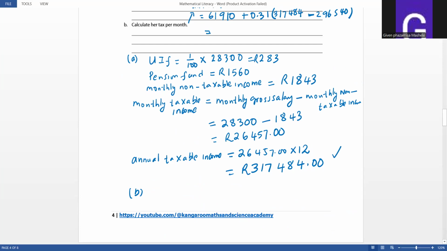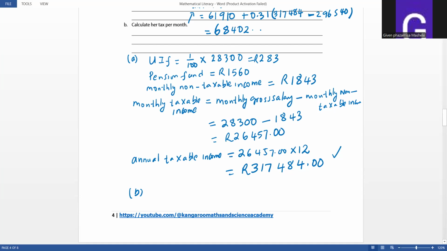So that would be 61,910 plus 31% of 317,484 minus 296,540. This will give us an annual tax of 68,402, if I'm not mistaken,